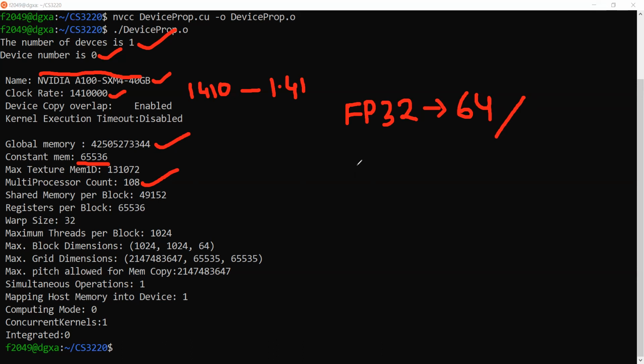So the total number of floating point units per card is 108 times 64. What is the answer? Any guess? 6,912. Are you with me? That many floating point units do we have. Based on that, we can calculate